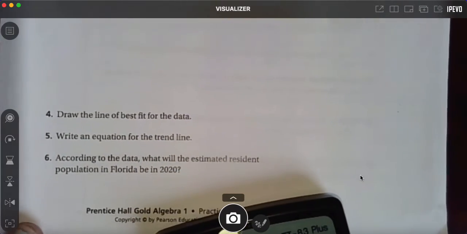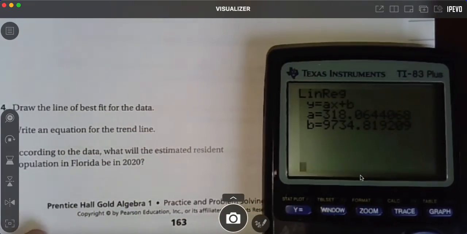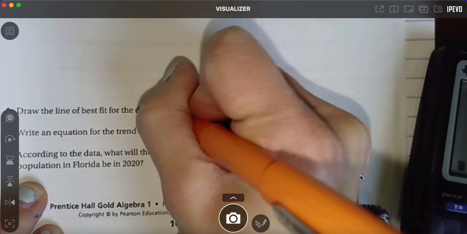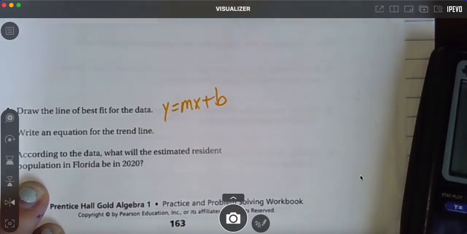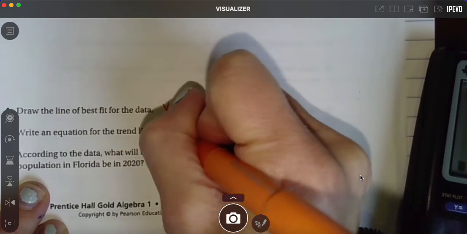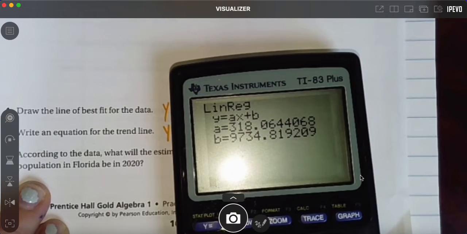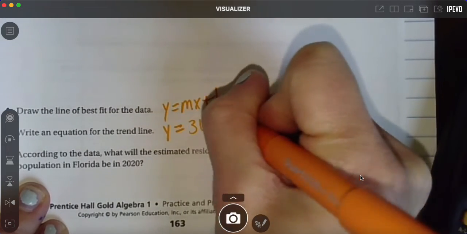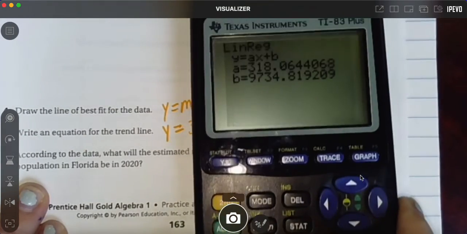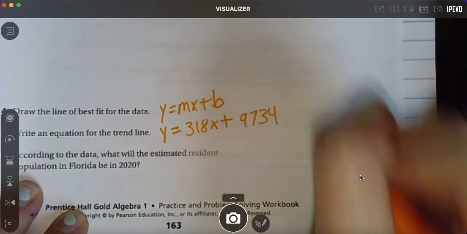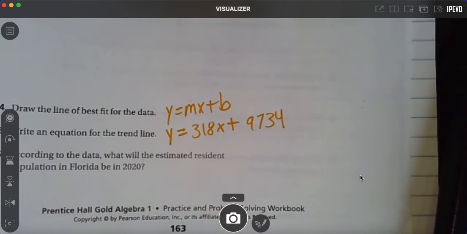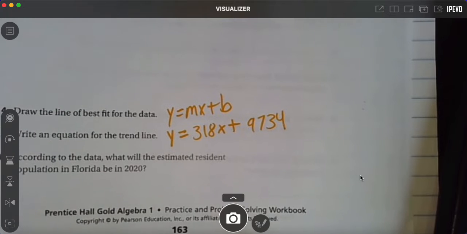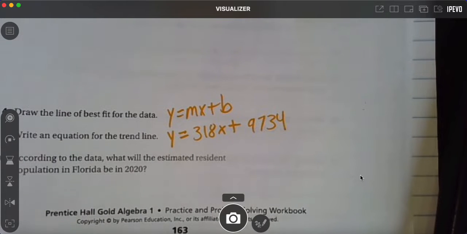And then it says write an equation. That's what's right here. Remember your equation that we have learned is y equals mx plus b, right? That's one of the many. So we would write y equals, and they tell us our two numbers, 318. I don't know what decimals it wants, so I'm just going to go with this. Plus, and what was the other number it gave me? 9,734. Yeah, 9,734. That is an equation that I could use to make predictions about the population in whatever year,